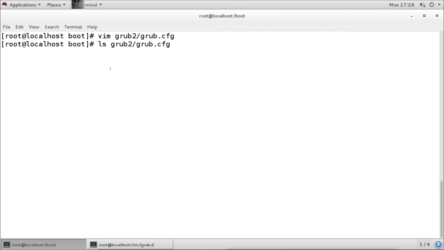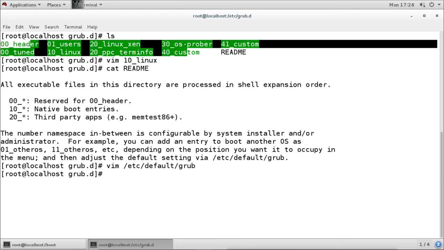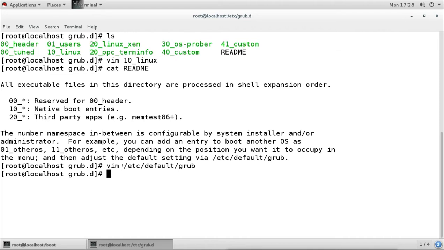So this is the file which gets the access. So when grub is loaded, it will have access only to this file. It cannot access the file here under this directory.